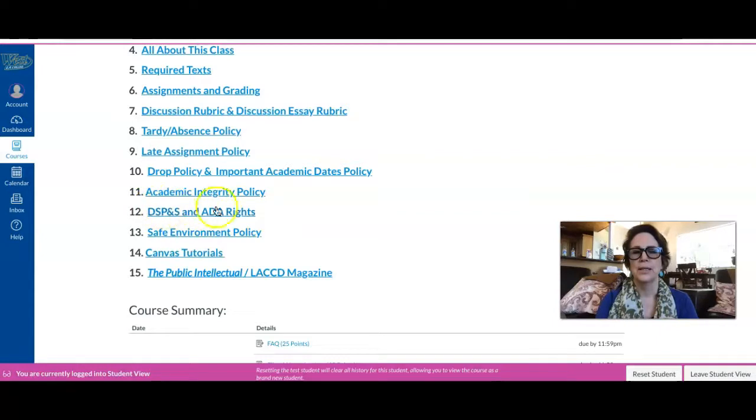So do click on this though, because if you are not a client with DSPNS, then I will not be able to give you extended time if you need it. And sometimes I know my sisters definitely needed it with dyslexia and with autism, because autistic people are perfectionists often and they like to do things perfectly. So I get that. Okay, so make sure that you take advantage of this and that you read over everything in here,